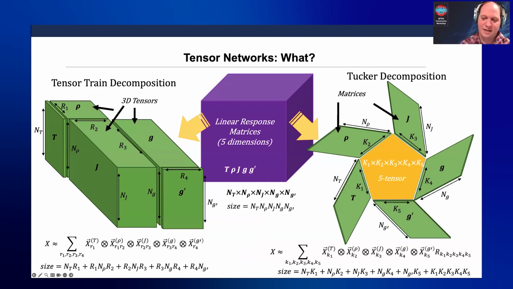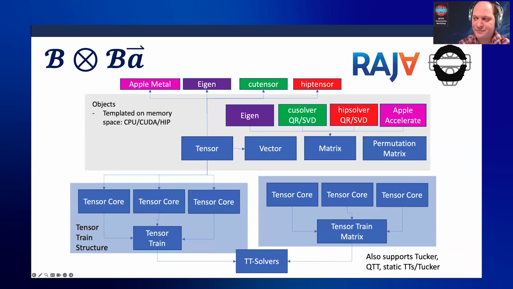If you're curious about this area, there are lots of papers. It's becoming extremely popular. There are also tensor trains and Tucker decompositions. I'll refer you to the literature if you want to learn more about the tensor networks themselves. But what I've been doing over the past few years is working on this code called BoBa, where the